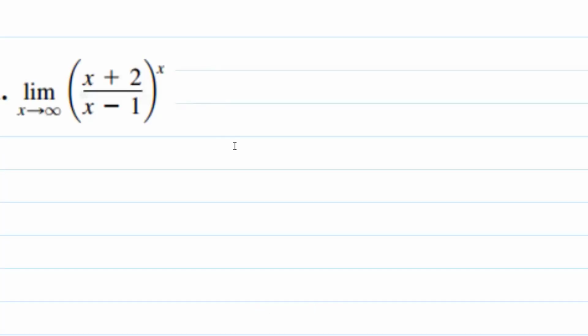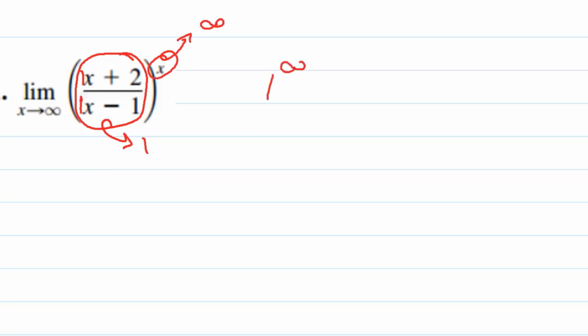We're taking the limit as x goes to infinity of (x plus 2 over x minus 1) to the x. So let's think about what type of form we have here. What happens to x plus 2 over x minus 1 as x goes to infinity? Whenever we have a rational function, remember the highest power? The coefficients of the leading terms, which have the same power, are 1s. So this is just going to go to 1, and then this exponent is going to infinity. So this is a 1 to the infinity indeterminate form, which is why we're going to use the technique for